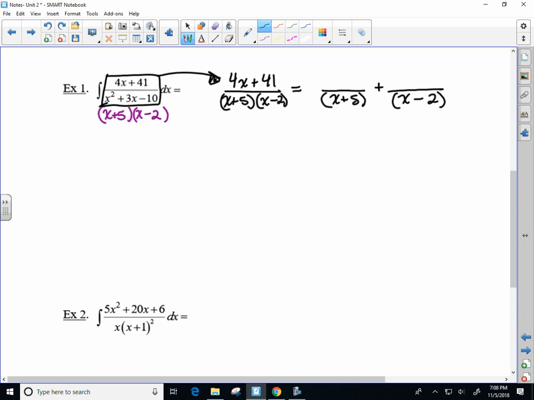So how do we determine that? Numerator divided by the other factor? You could, and that's actually the basis of one of the ways of decomposing partial fractions. But